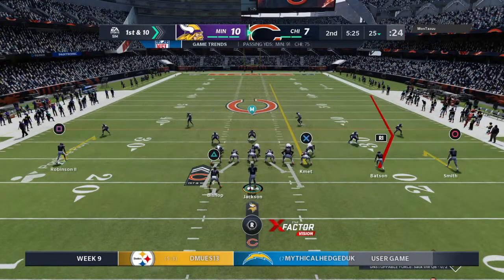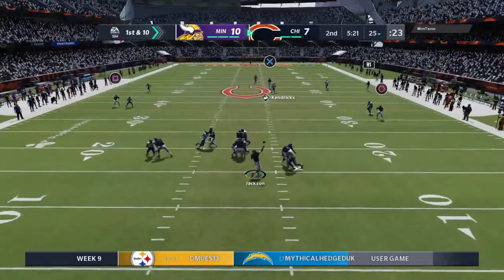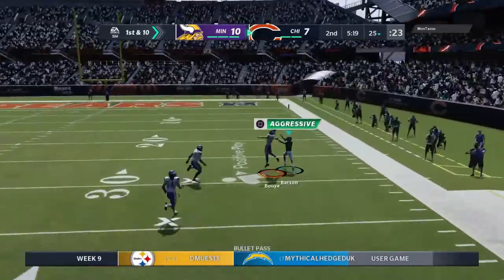And just think of what it's like now on the sideline, because when you score a touchdown, you have to go over and look at the tablet and see what you did on the last drive. When you scored points, it's a whole...